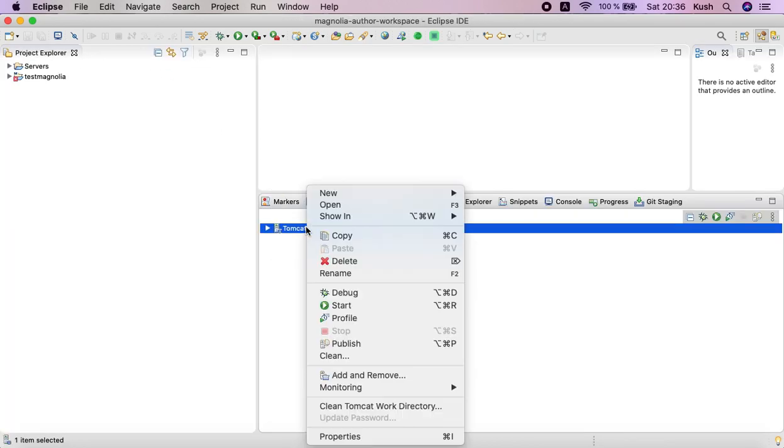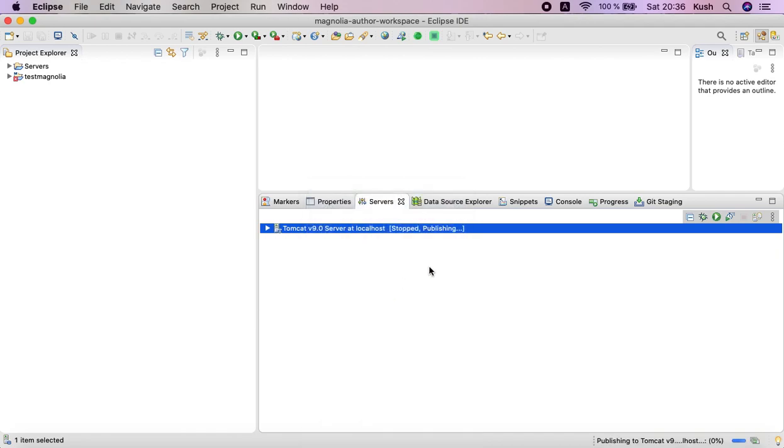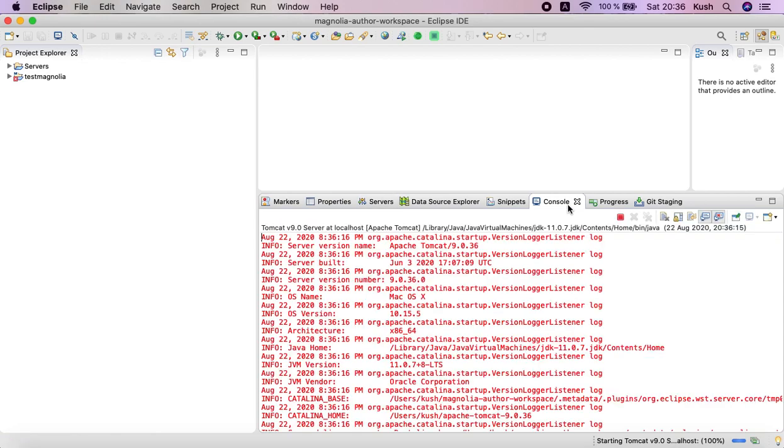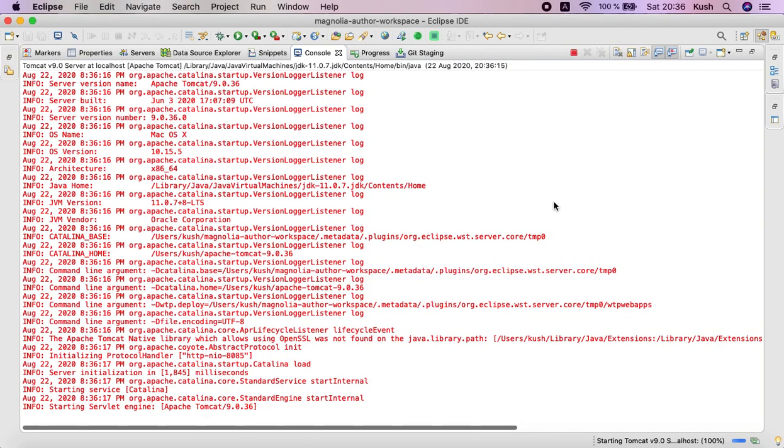Now I'm going to start Tomcat server. Now I'm clicking on start, and it is started. So you can see in the console, it is about to start, and there is something inside that. And let's wait for some couple of minutes, then we will see Magnolia will be deployed.